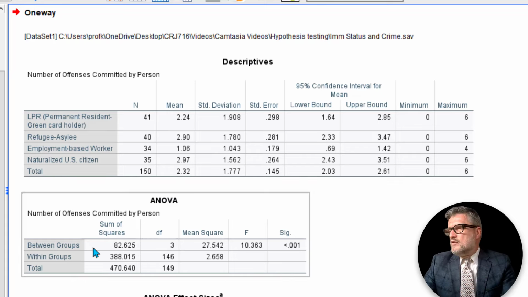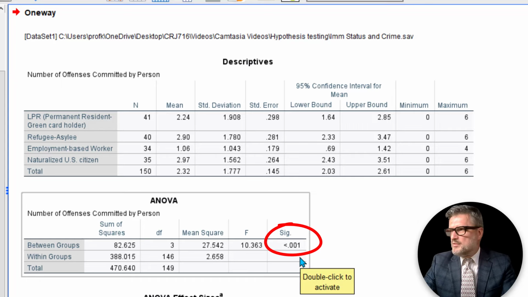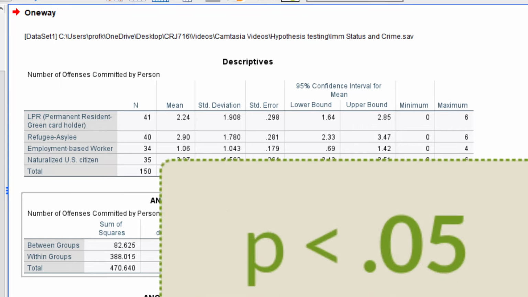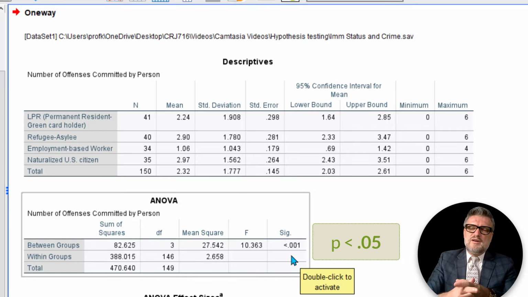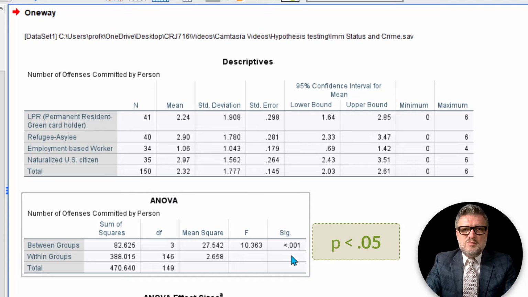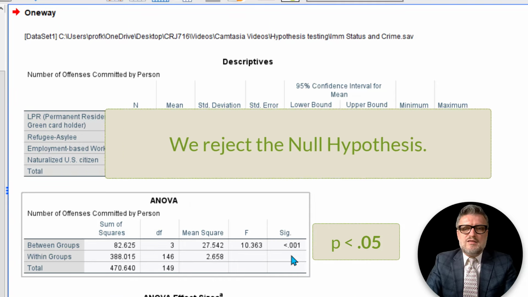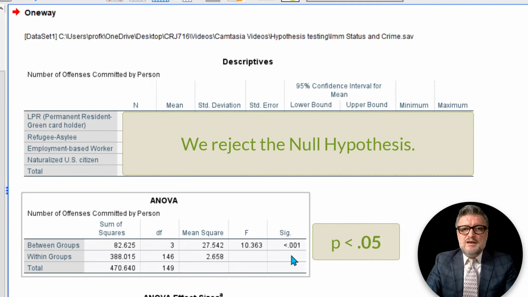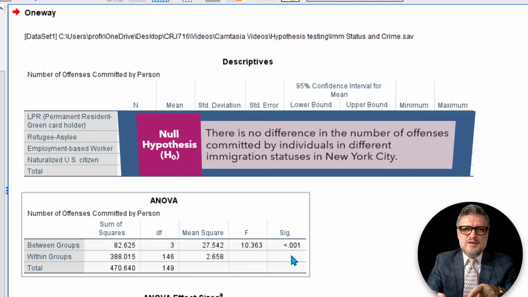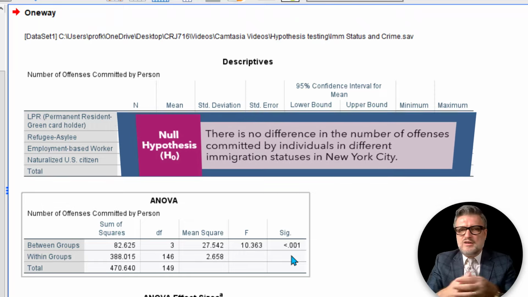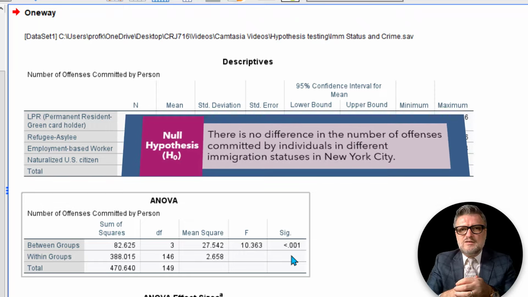We go to ANOVA, and we can look at only the significance. This is the p-value that we talked about before. This is smaller than 0.05, and if you remember, if the p-value is smaller than 0.05, we reject the null hypothesis. If you remember, the null hypothesis was that there is no significant difference between the number of crimes committed among the different immigration statuses.